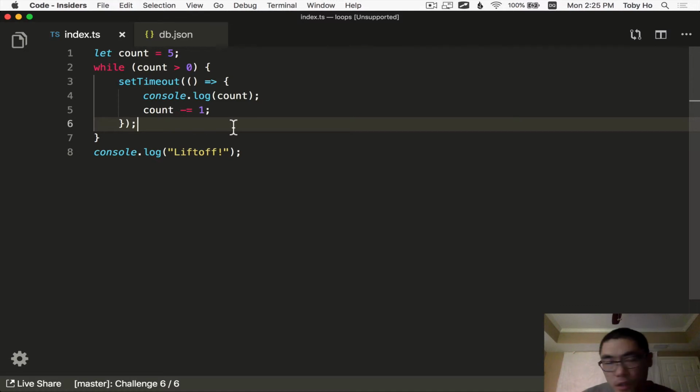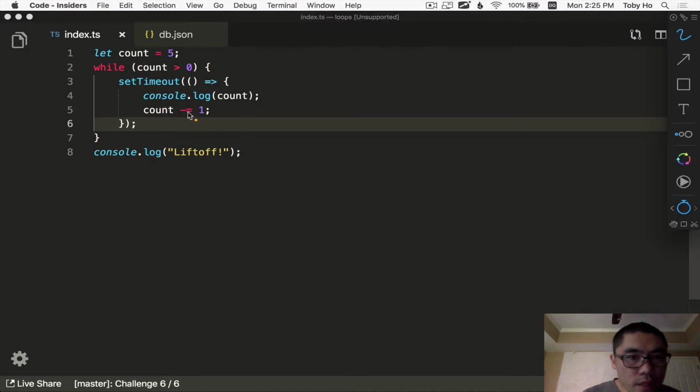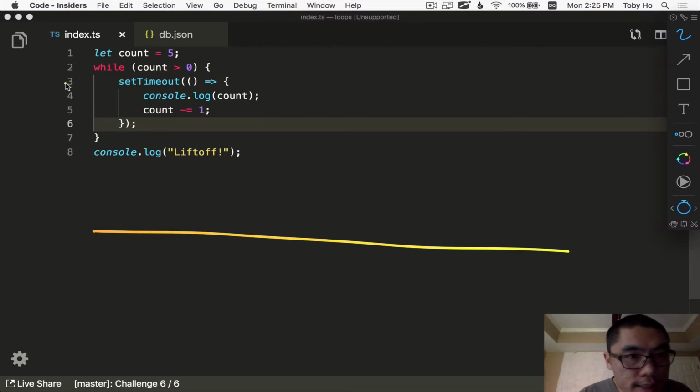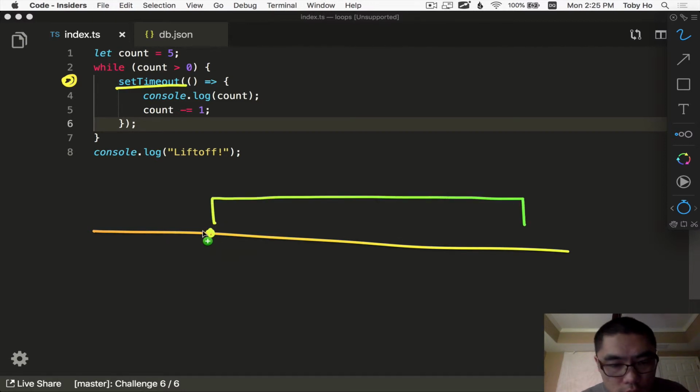So what was the problem here? Well, the problem is that, again, JavaScript doesn't wait. When you call this setTimeout operation here, JavaScript will start this timer and defer the execution of these lines to sometime in the future. But in this case, this sometime in the future will never happen, because this loop will actually keep going. So the while loop here,